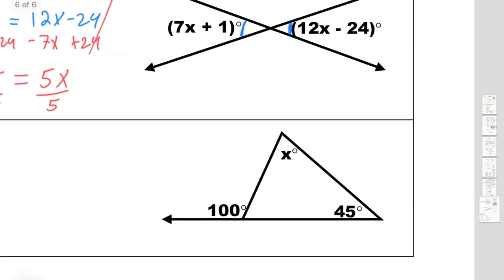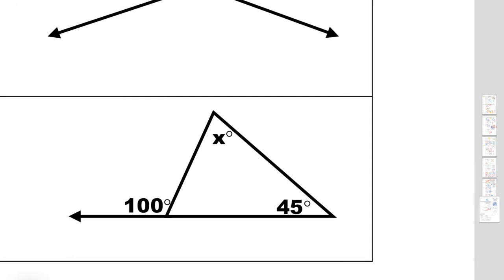42, there's 2 ways to do it. Probably the easiest way would be, if you notice here, once again we have supplementary angles. Supplementary angles means they add up to 180. So 180 minus 100 gives me an angle measurement of 80. And so the second thing is,